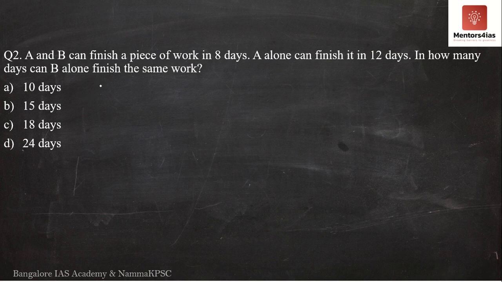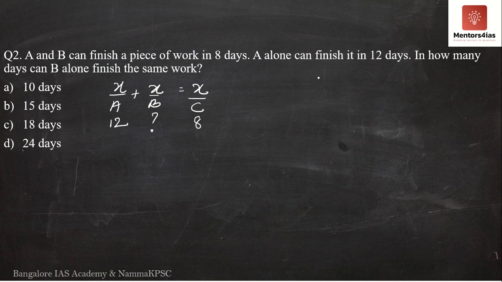Okay, now same thing, I will do it by the traditional method first. I told you all these types of problems can be written in the form of x by a plus x by b is equal to x by c, where a is the number of days taken by A, that is 12. B is the number of days taken by B. I have to find this out. C is the number of days taken by both A and B if they work together. That is 8 days. See, if not understood, I'll just simply solve this once again for this particular problem.